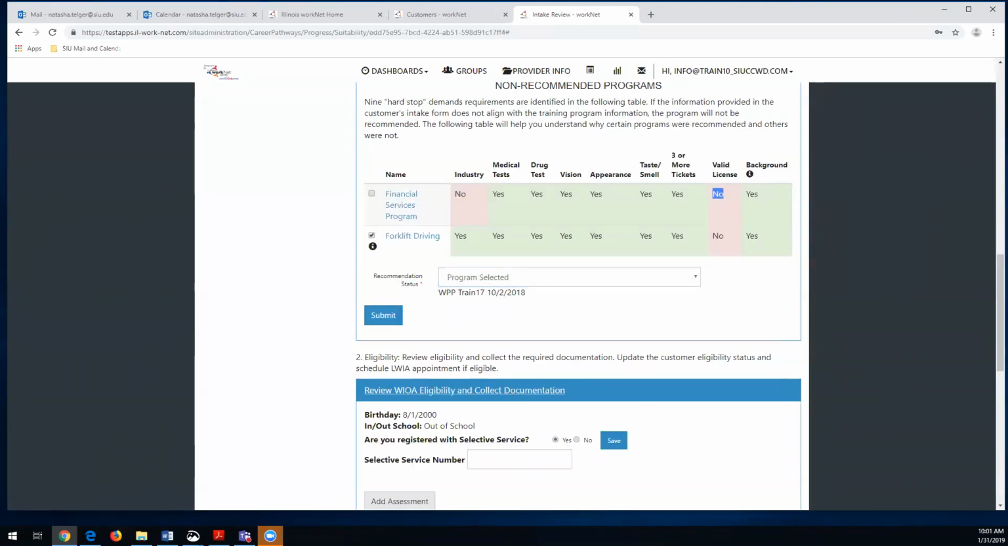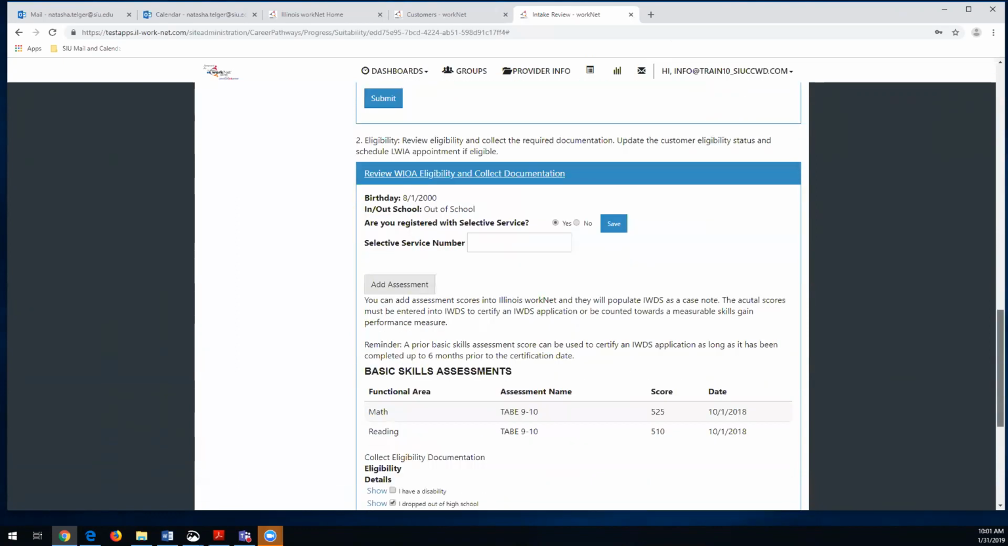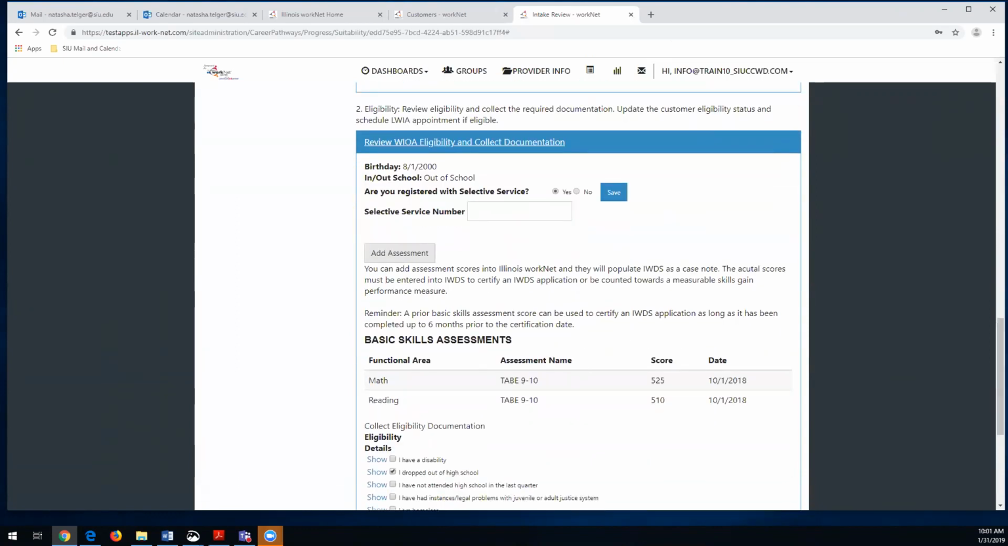And the next area is that what you're going to need to do is collect information that is going to be needed in order for them to be able to be certified as eligible in IWDS. And so what we're really trying to do is streamline this process so we don't ask questions multiple times, where they need to do data entry multiple times, but then also